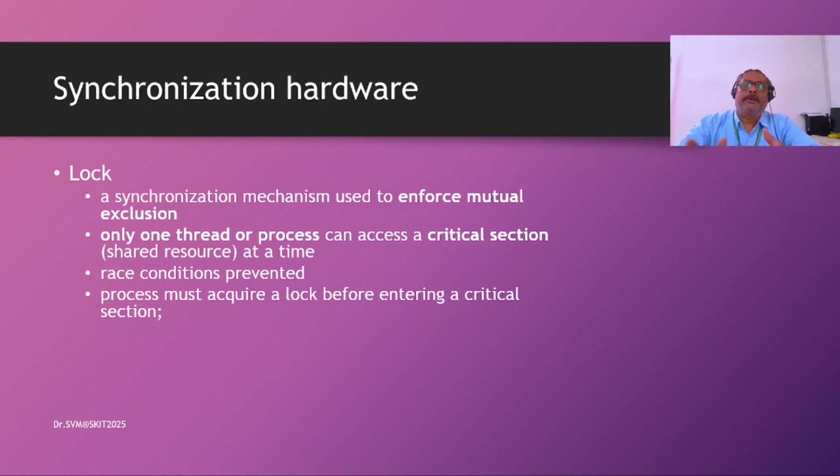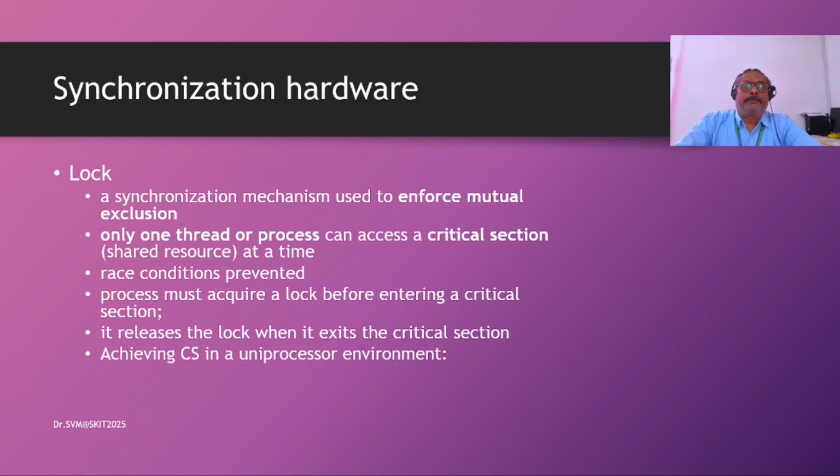There are different ways of implementing it, but a lock is a special hardware-level instruction that runs in an atomic way. That means either the whole instruction is completely executed or nothing is executed, either full or none. So that is atomic execution, and the lock is released once we come out of the